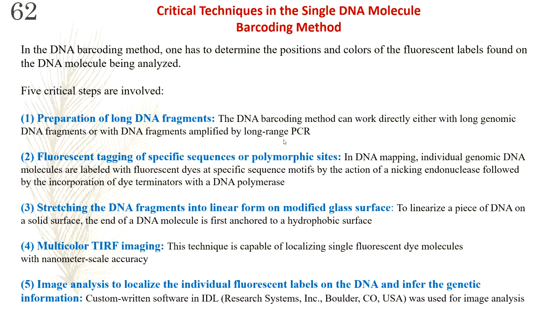Now, in molecular haplotyping, hybridization of sequence specific probes with DNA molecules to form a very stable Watson-Crick duplex is the only practical approach for SNP recognition, because if you select a whole human genome, there are actually millions of SNPs in the genome, right? And moreover, this fluorescent tagging has to be highly allele specific, because if it is not allele specific, then no genetic information can be obtained, right?